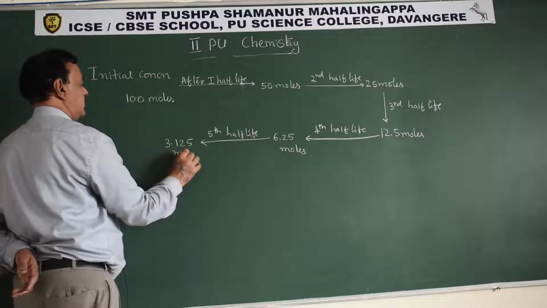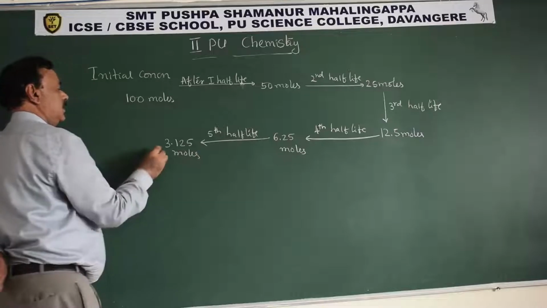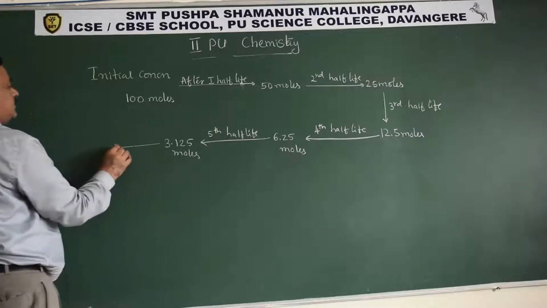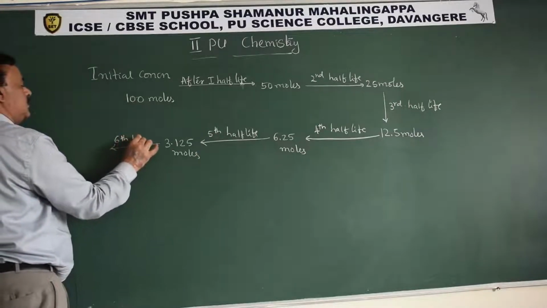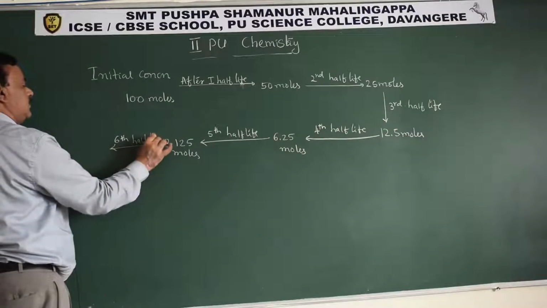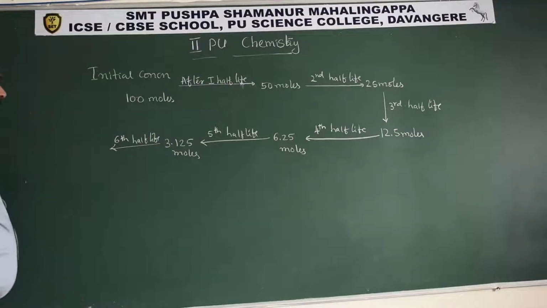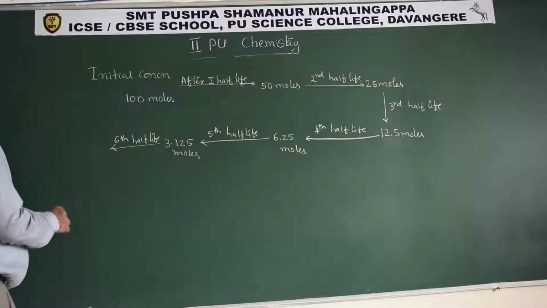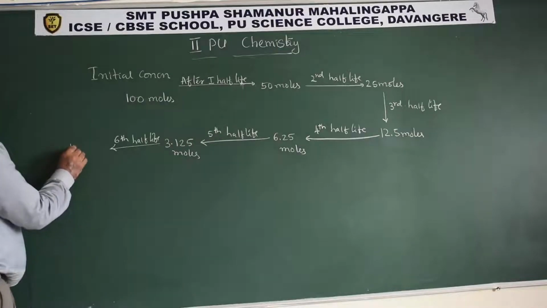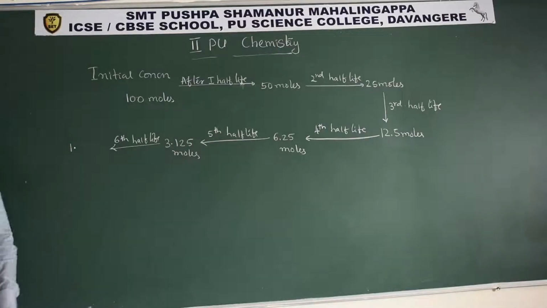Then the sixth half-life, this is halved again: 3.125 divided by 2,